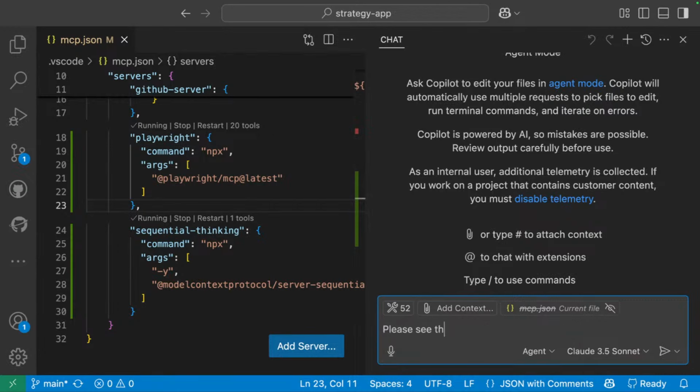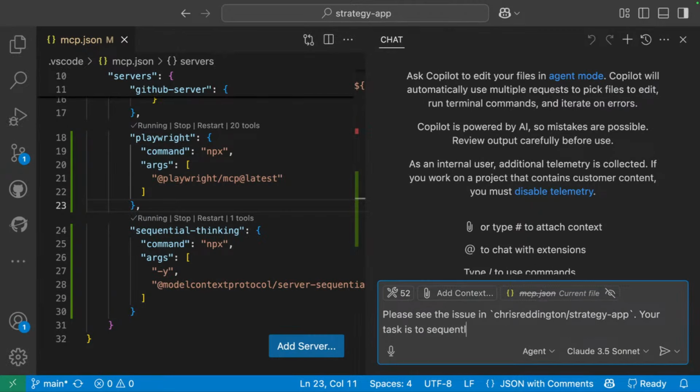Please see the issue in Chris Remington strategy app. Your task is to sequentially think through, and you can see I'm using the keywords here kind of just to trigger it, so that it knows what tools to go and call.